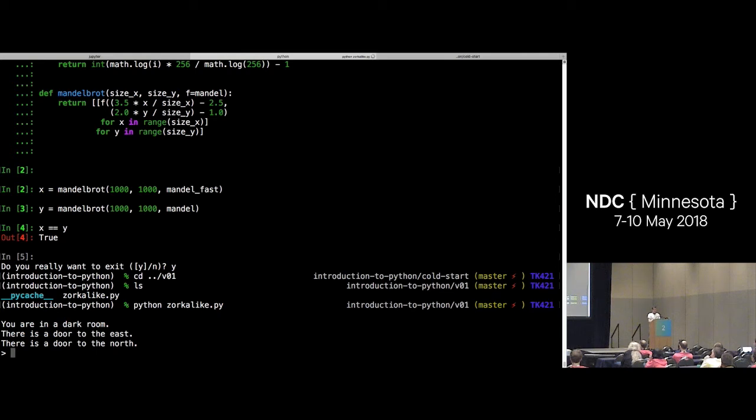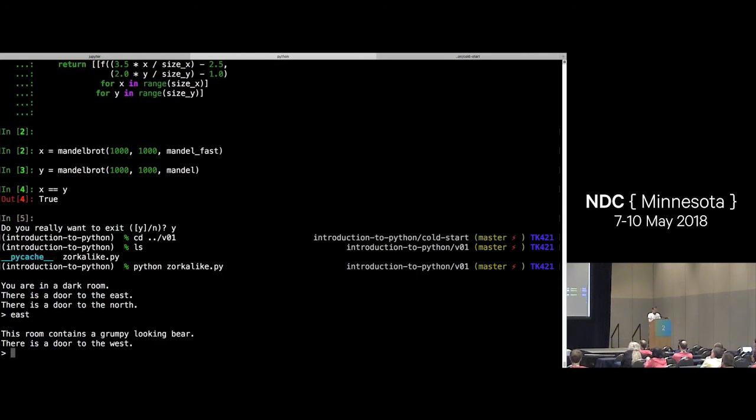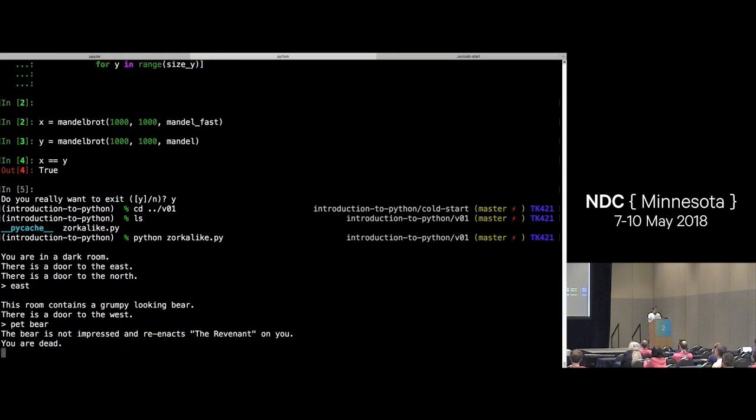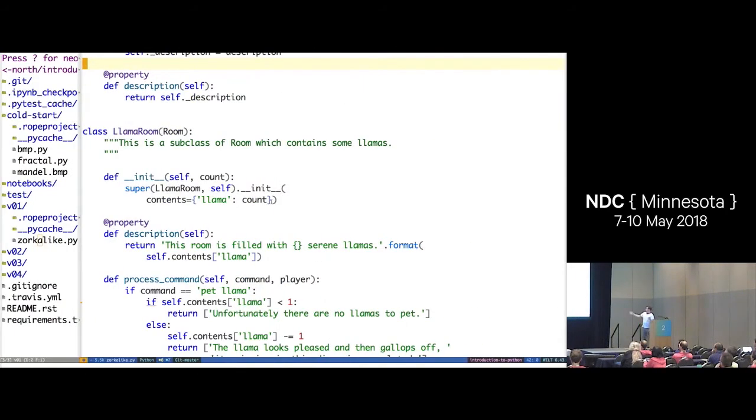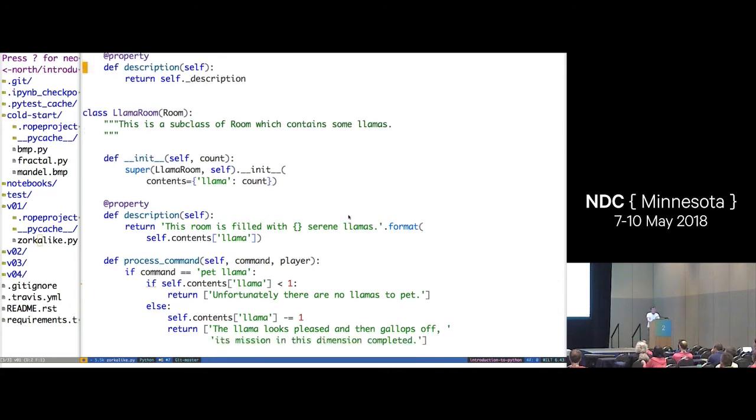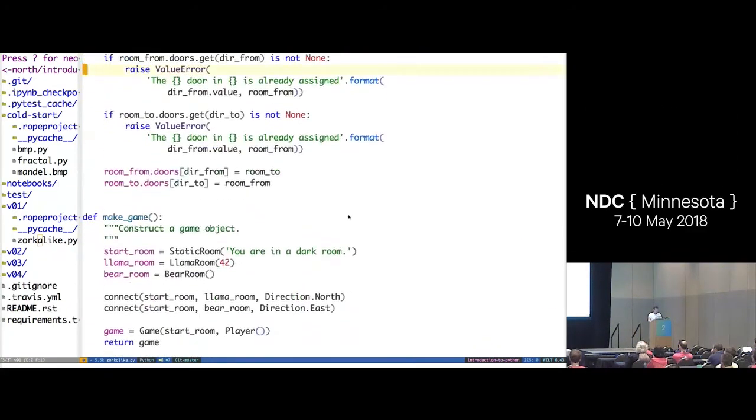We know how the game works, so we're gonna end it. We're gonna put ourselves out of our misery and pet the bear. Game's over, we're dead. But this is how Python exists in the real world. It's a .py file, it's a text file just like any other source code file, and I can run it with Python. There's one interesting thing at the bottom of this file, and that is,